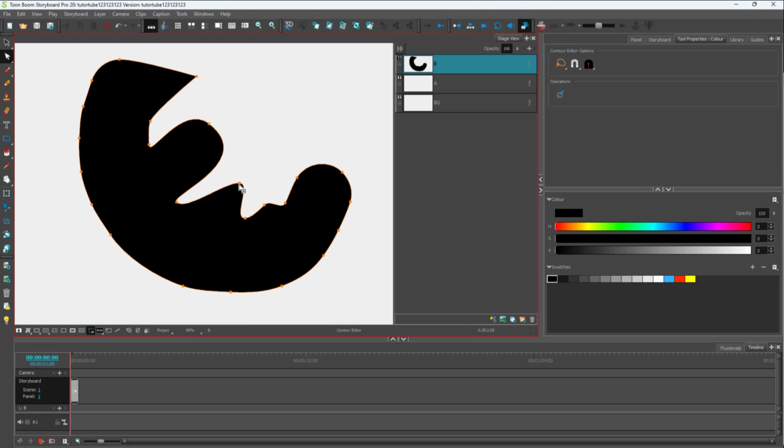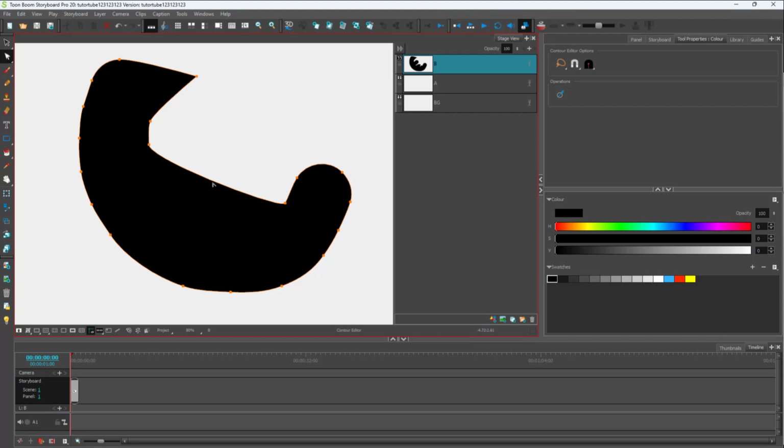You can click and drag this, and you can double click on this to get the Bezier as well, just like this. If you want to delete points, you can select the point that you want. So let me just select this. Then you can hit the delete key. You can click on this right here, hit the delete key. Click on one contour point, hit the delete key right here, and so forth to delete